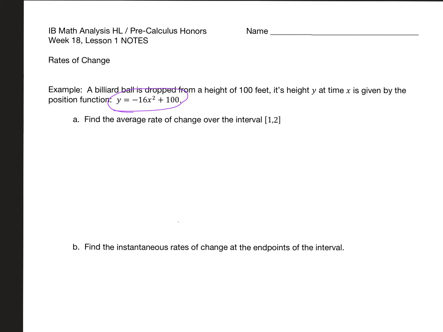So here for question A, when it's asking for the average rate of change over this interval, these are both x values, and I'm going to plug them both in. I'm going to plug in x equals 1. I'm also going to plug in x equals 2. So I will figure out that at second number 1, when I plug this in, I get negative 16 plus 100, that the ball is 84 feet up. And when I plug in 2, let's see, negative 64 plus 100, I get y equals 36, which